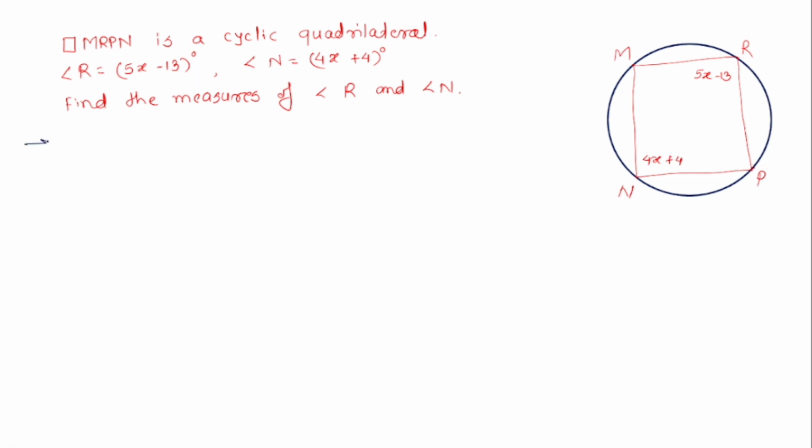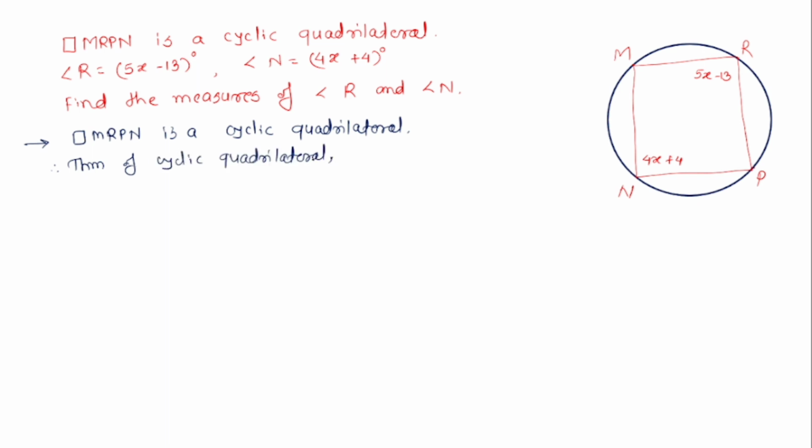So we'll start with the given, that is quadrilateral MRPN is a cyclic quadrilateral. So by the theorem of cyclic quadrilateral, the opposite angles of a cyclic quadrilateral are supplementary. So angle R and angle N are a pair of opposite angles of cyclic quadrilateral MRPN. So they must be supplementary. And supplementary means if we add these two angles, angle R plus angle N, the sum of their measures must be